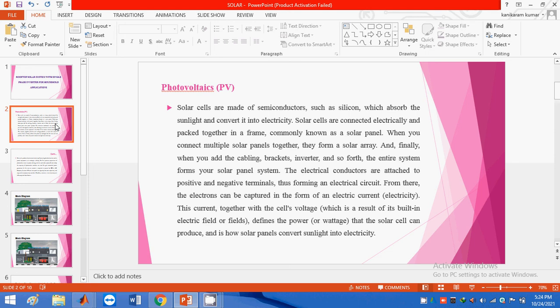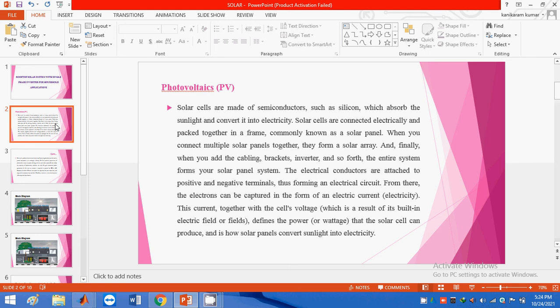Suppose I have light radiation from the sun. That light radiation is absorbed by the solar panels and creates photon energy that will be stored in the semiconductors. From that we observe electrons flowing through the circuit. The electrons flowing through the circuit form the electricity. So this is the way, you already know about the solar panel and also the photovoltaic effect.